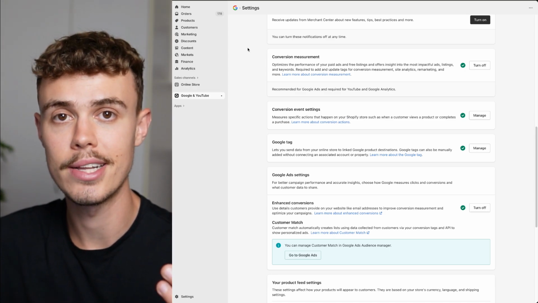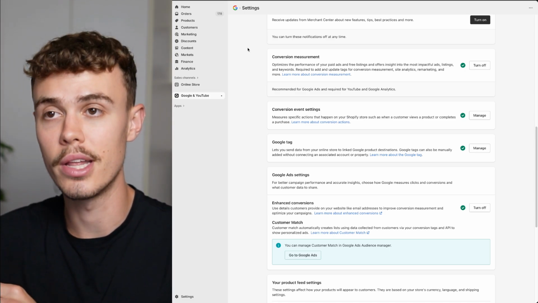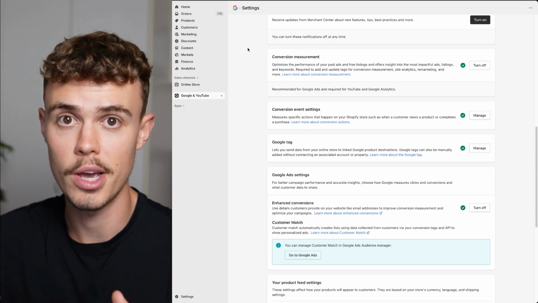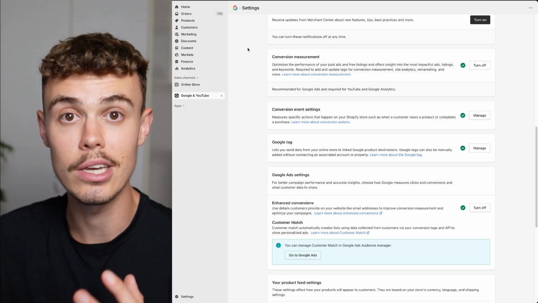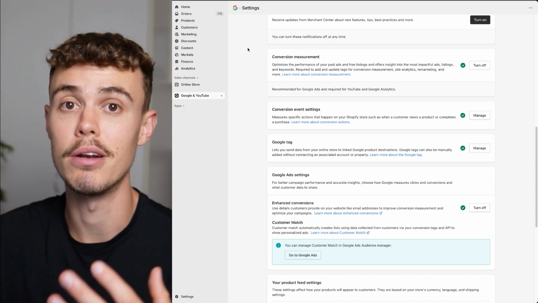Make sure that you link your Google Ads account and your Google account that is associated with your Google Ads account. Don't link a Google profile that isn't associated with your Google Ads account. Otherwise, you won't be able to link your account. So basically, when you put your email in, make sure it's the email that's your admin for your Google Ads